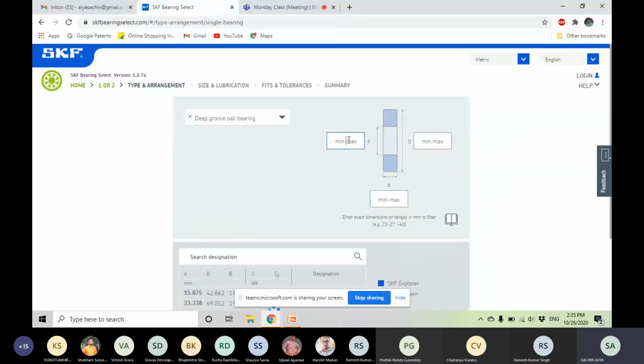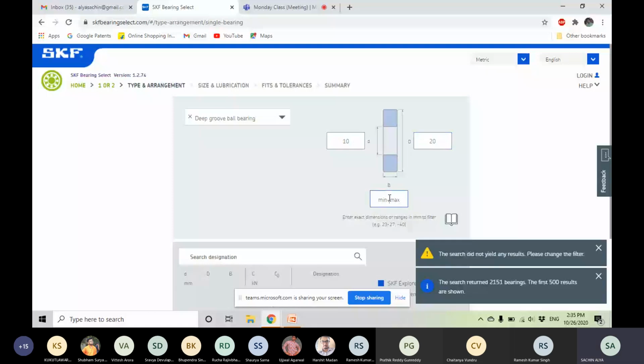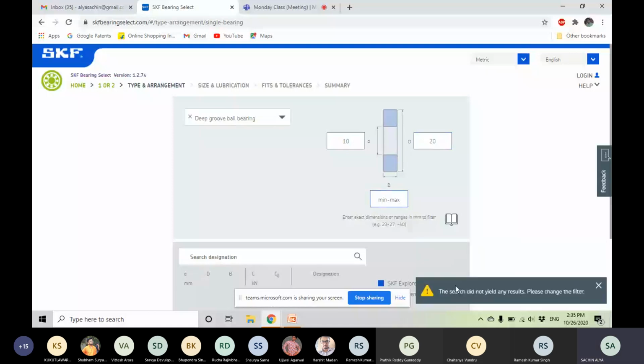So now here we have to define the inner diameter, the diameter of the inner race. There our shaft will be placed. So we can define, say, 10, and the outer diameter of the bearing we can define, let's say 20. So the software says the search did not yield any results.